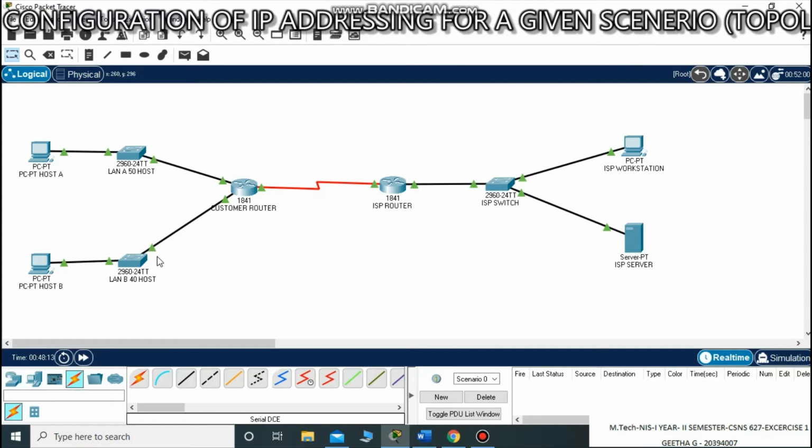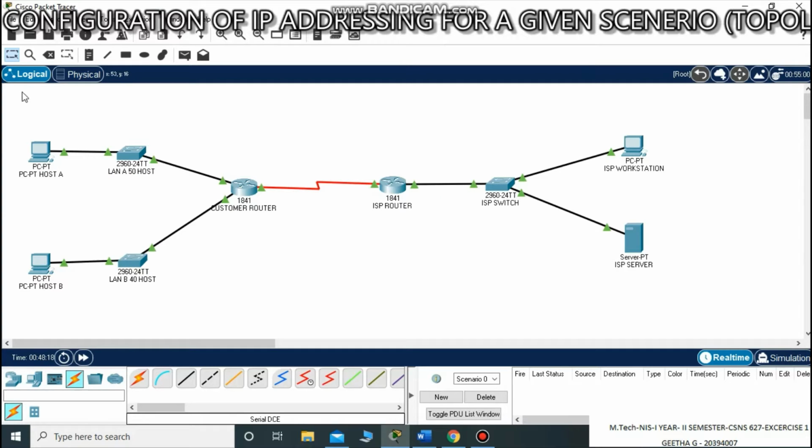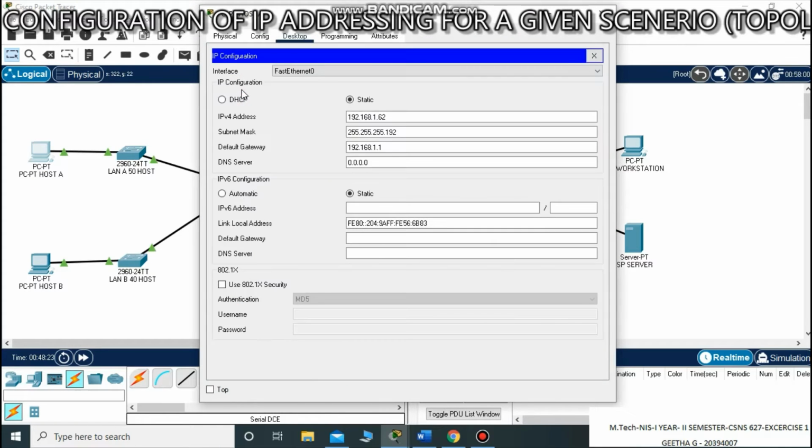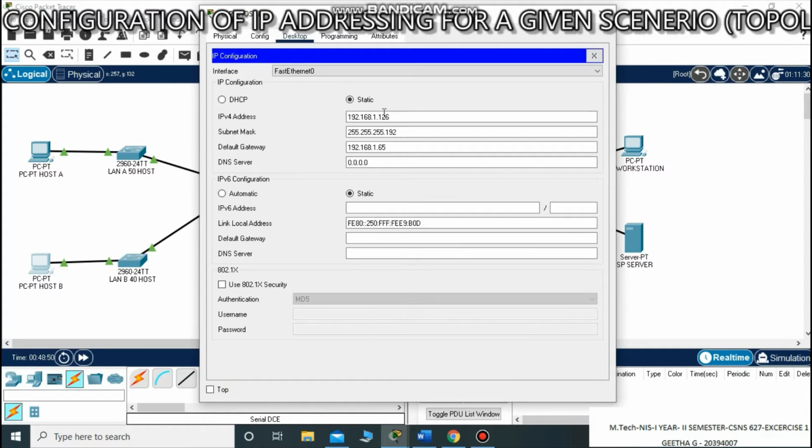In host A, under IP configuration, we have given the IP address 192.168.1.62, followed by the subnet mask 192, and the default gateway 192.168.1.1. The IP configuration is set to static, and the interface is fast Ethernet 0. And for host B the IP configuration is